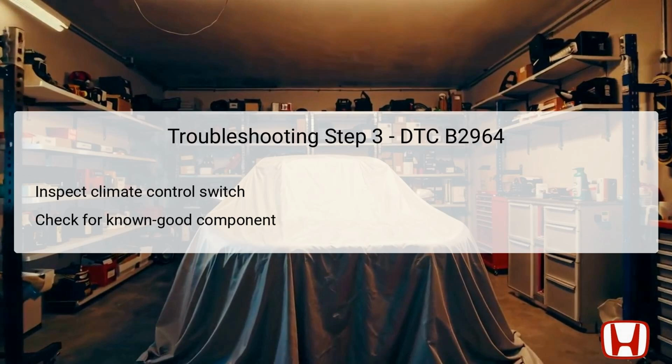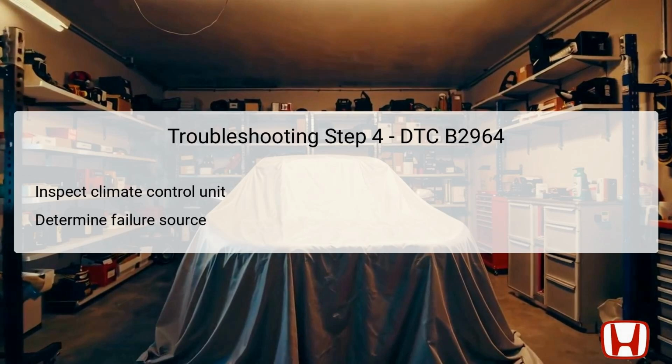If replacing the climate control switch gives way to successful communication with the climate control unit, it indicates that the switch was indeed the culprit. Conversely, if the issue persists despite the replacement, further investigation into other components and circuits affected by the climate control switch might be necessary. The fourth step in the DTC B2964 troubleshooting protocol focuses on inspecting the climate control unit